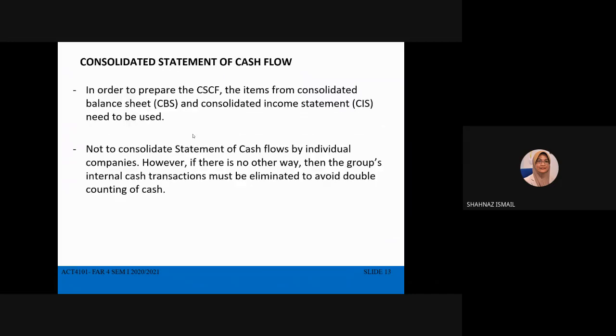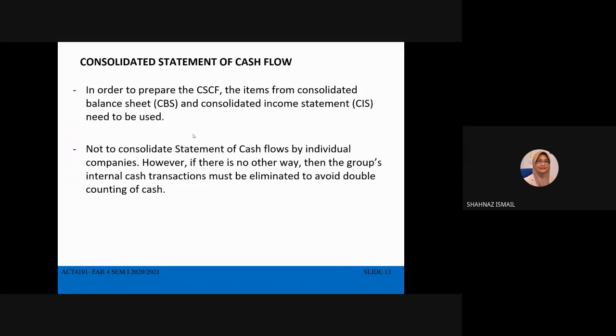So in order to prepare the consolidated cash flow, the items from the consolidated balance sheet and consolidated income statement need to be used. Not to consolidate statements of cash flows by individual companies. However, if there is no other way, then the group's internal cash transactions must be eliminated to avoid double counting of cash. So actually when kita prepare the consolidated statement of cash flow, bermakna kita ambil daripada consolidated financial statement